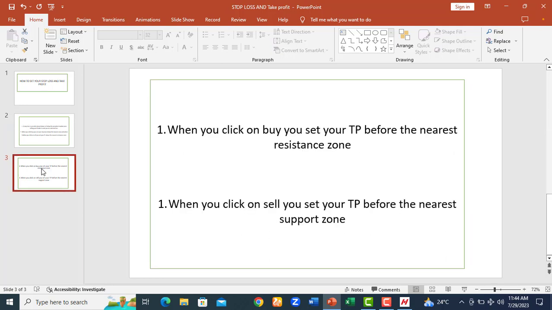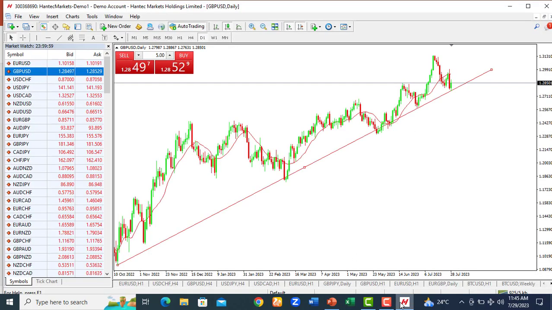Give your stop loss a breathing space. When you click on buy, you set your TP before the nearest zone, not above. And when you click on sell, you set your TP before the nearest support zone. So that's all I've been talking and preaching about. So when you click on buy somewhere here, your take profit should be before this nearest zone, not at the resistance zone. No, before the resistance zone, because there is possibility that market might not get there,